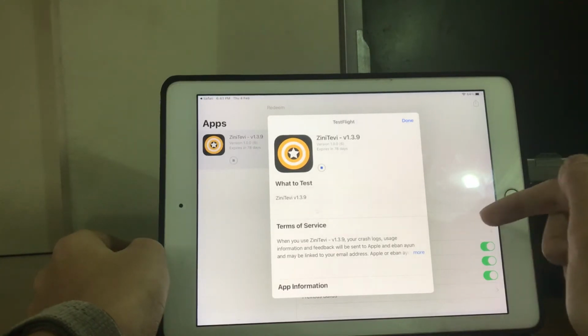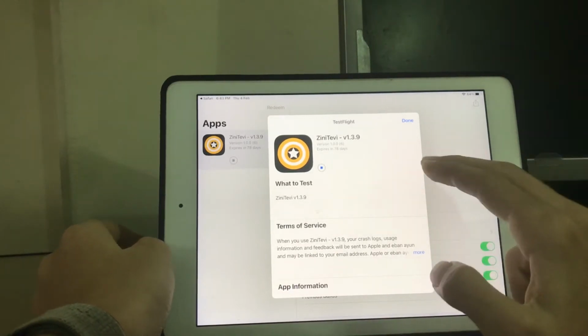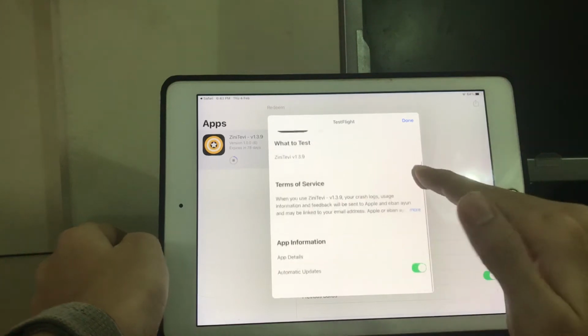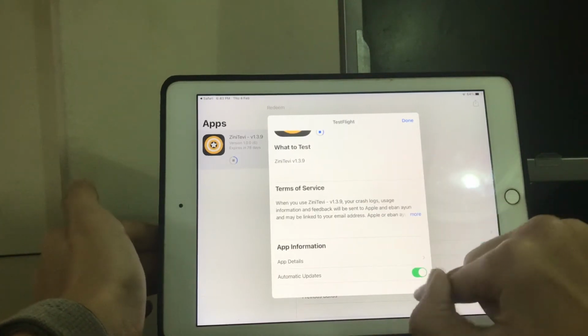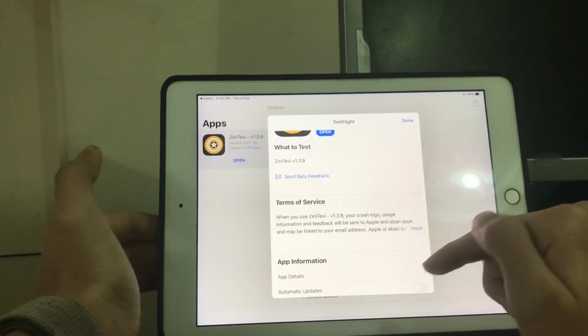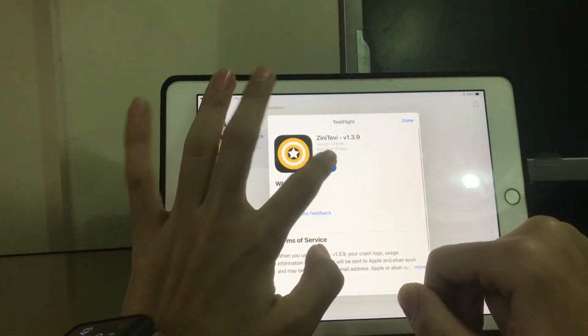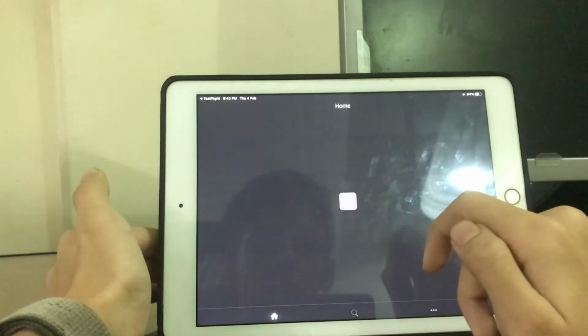This will take some time updating because it uses your internet. Zinitevi isn't really a big app. I recommend turning off automatic updates. And now you press on open